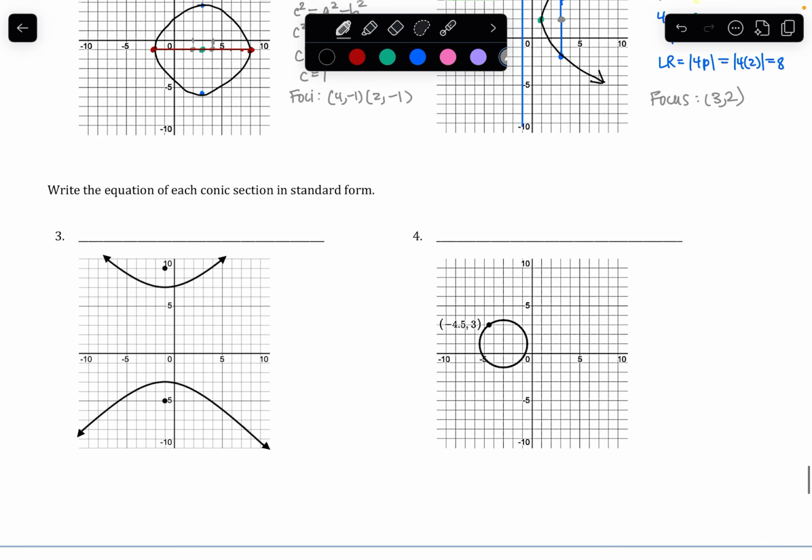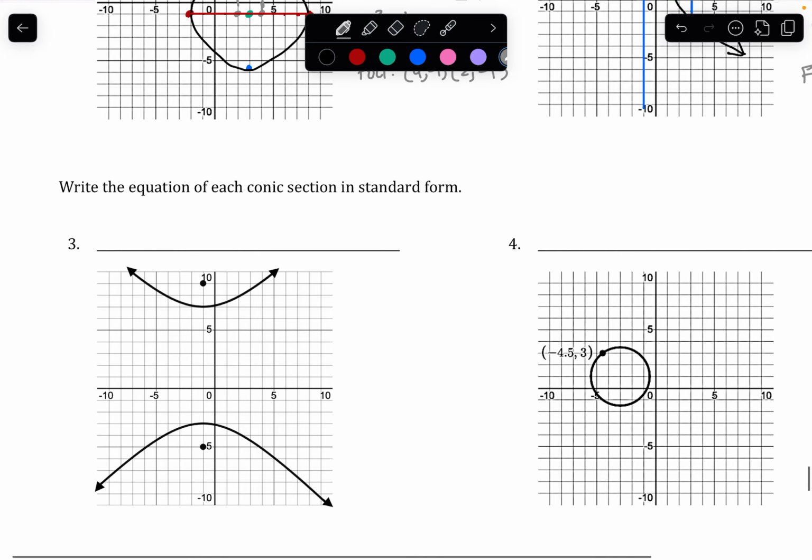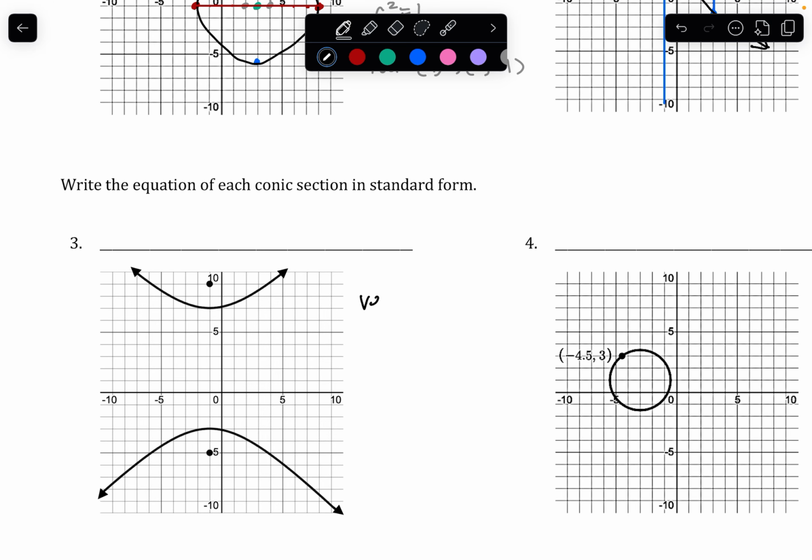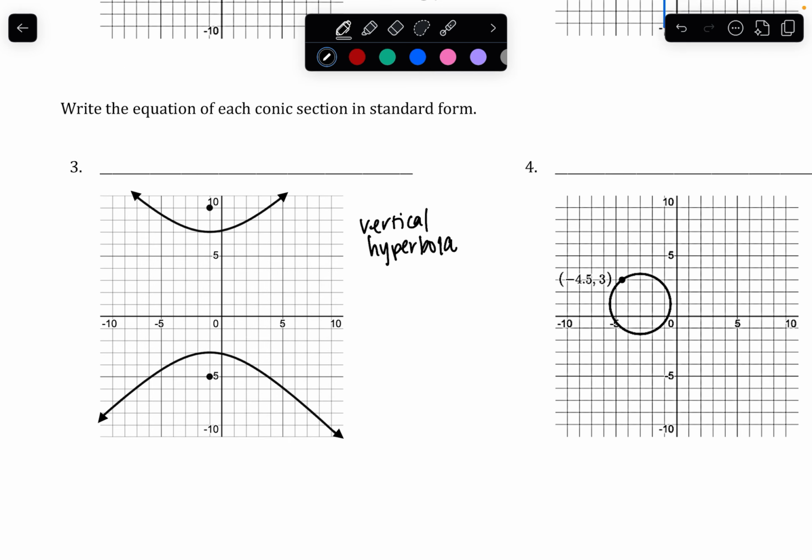Okay, next they are giving us the graph and we are going to write the equations. And so I know I'm working with a vertical hyperbola here. Okay, and so to find the center, I think it's helpful to go ahead and graph the vertices. And so we have a vertex and a vertex here. And so the length of this axis is 3 to 7, so 10. And so halfway would be 5. So our center